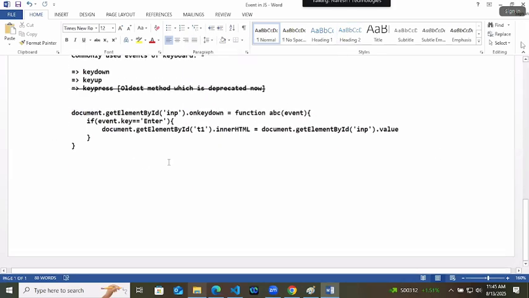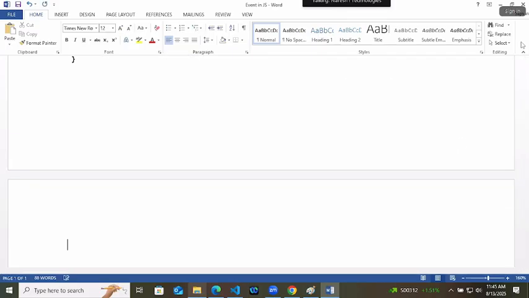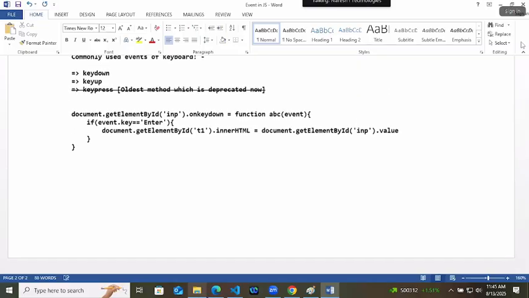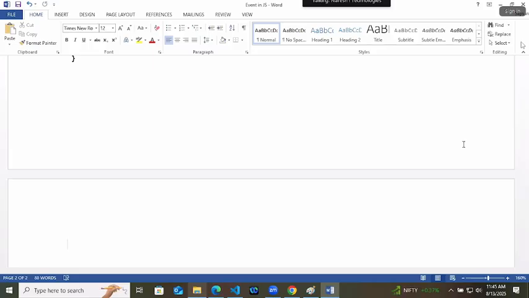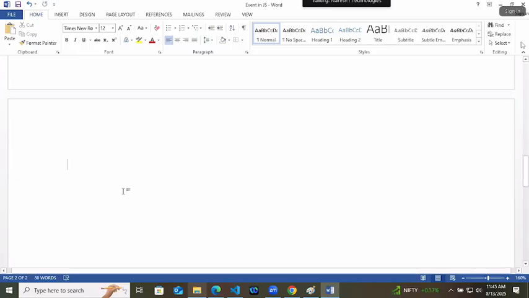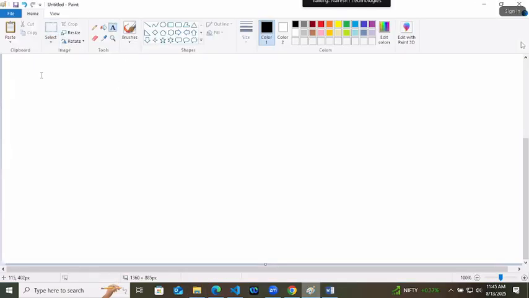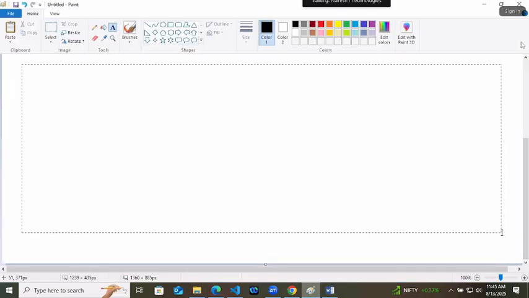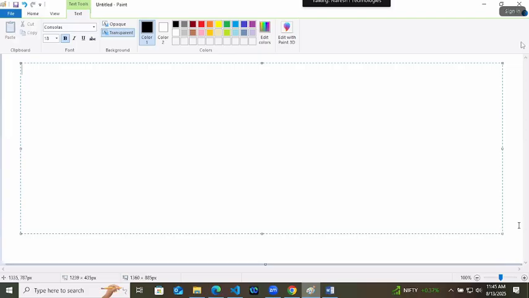Okay. So like this, you can do key up and key down. Form events I already told you: submit, action, on change, on input. Then comes your media event. Media events are generally used in your music player kind of thing, when you can play or pause a song or like that. Whenever we are building the music player, at that time I will tell you that.